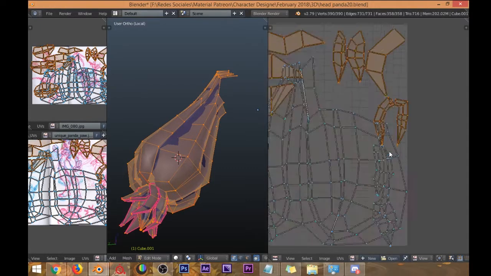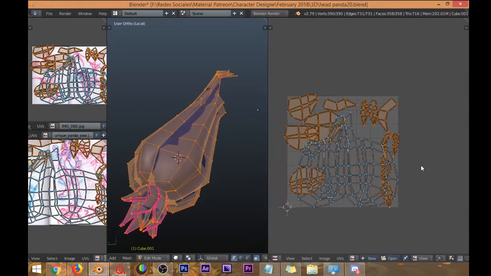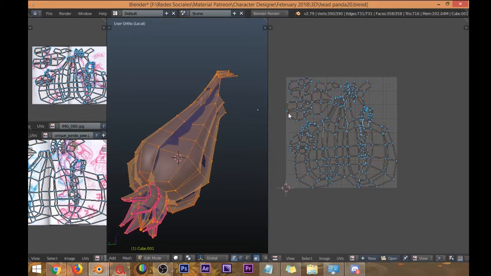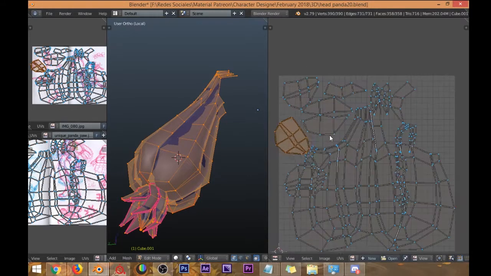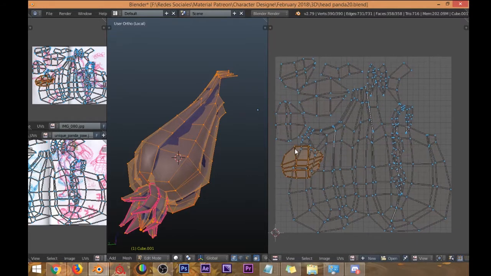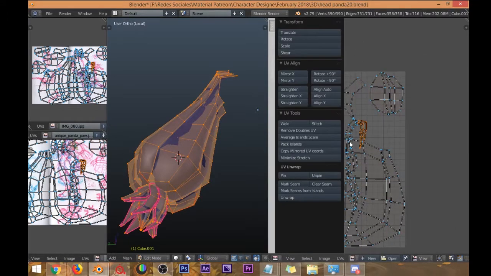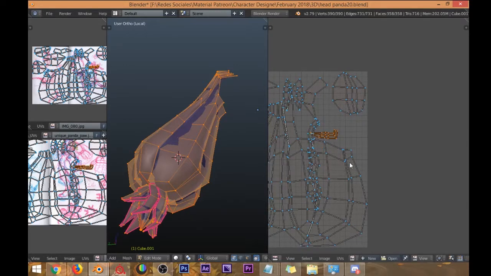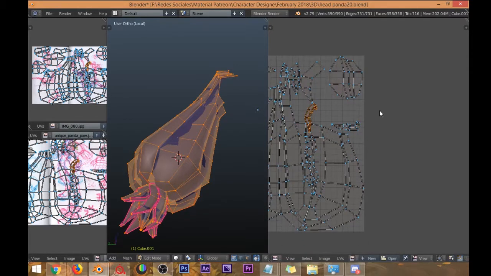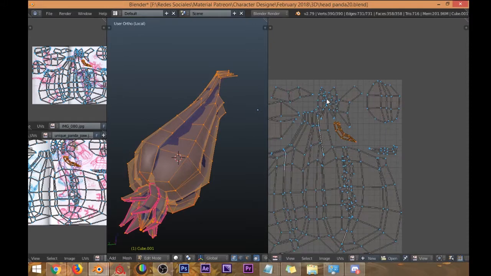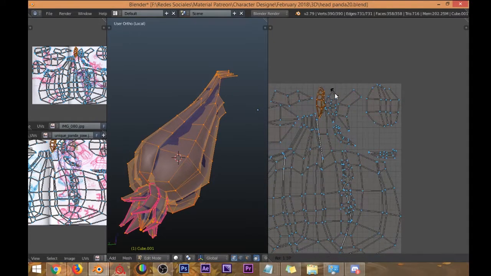I'll select all these guys here, scale a little bit and try to organize a little differently, rotate it. Okay, all these changes that I made to the UVs